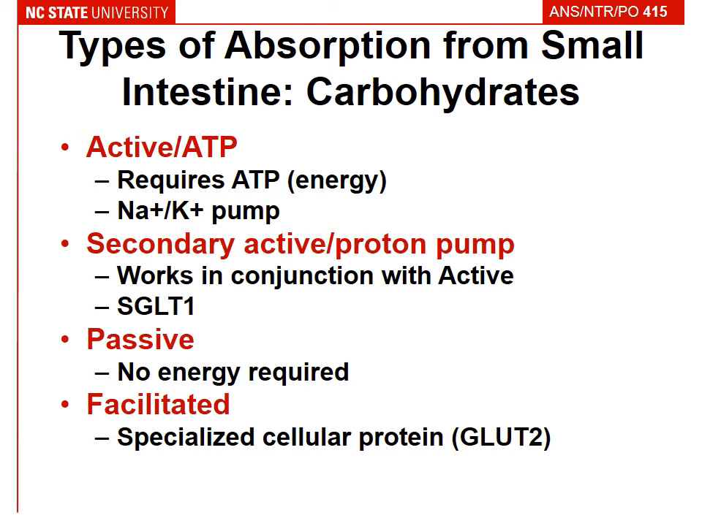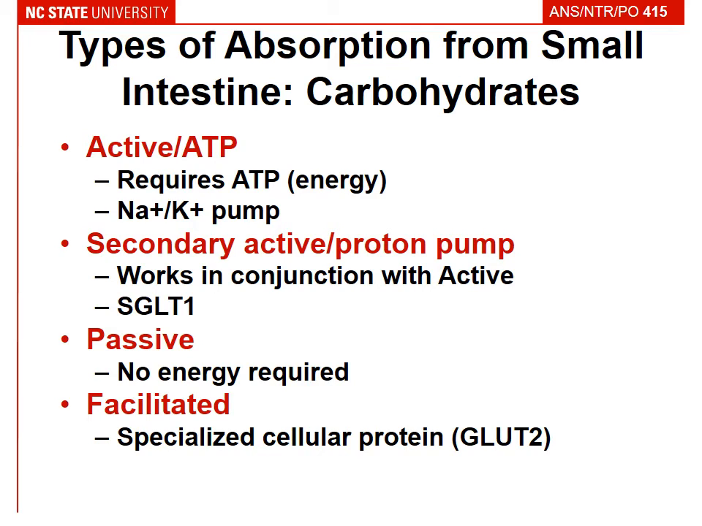So what are some types of absorption that occur within the small intestine? We're first going to start off with carbohydrates. With carbohydrates, we have active absorption, and this requires ATP. So it requires energy, and this usually is in the form of the sodium-potassium pump that you may have learned in biochemistry or just general biology. And we also have secondary active, and this is the proton pump. This is usually working in conjunction with that sodium-potassium pump or other energy requiring